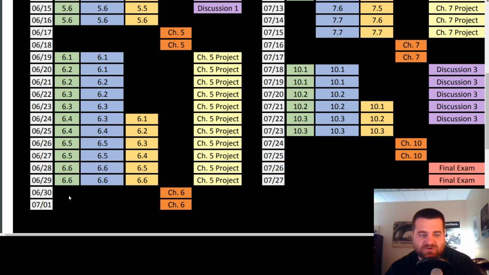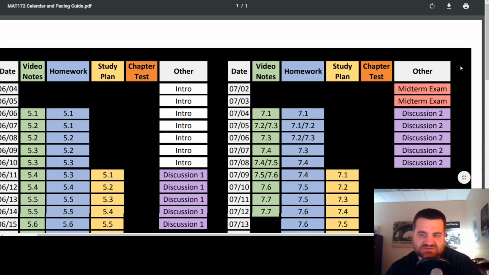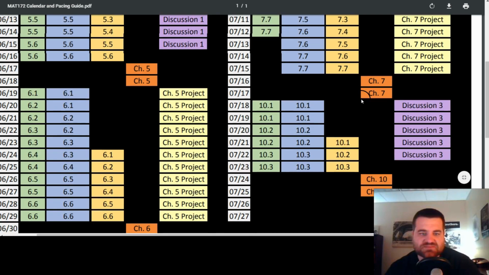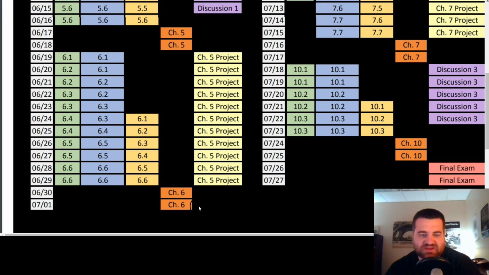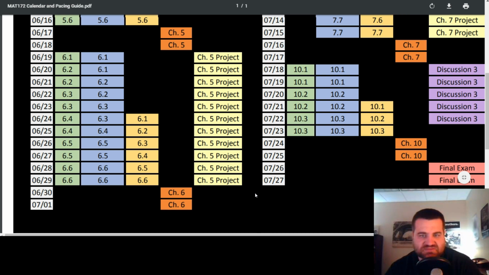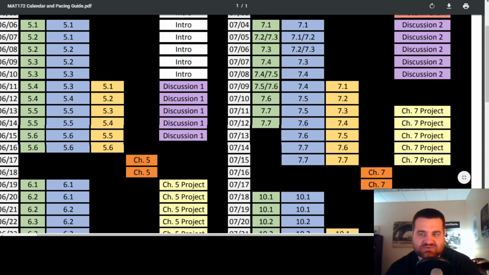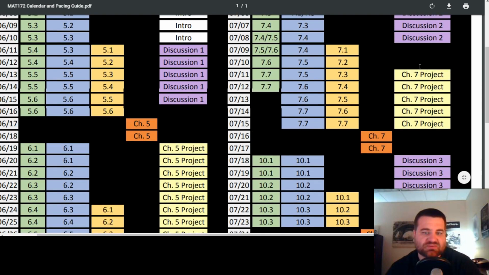Then we have our chapter 6 test on the 30th and the 1st of July for you to work on. And then our midterm, remember, is on campus, on Davidson campus, the 2nd and the 3rd. For those of you that did mention it, I will be allowing a small amendment to that. So if you need to take the midterm early, meaning you're not going to be able to take it on the 2nd and 3rd because you're going to be out of town or can't get there,